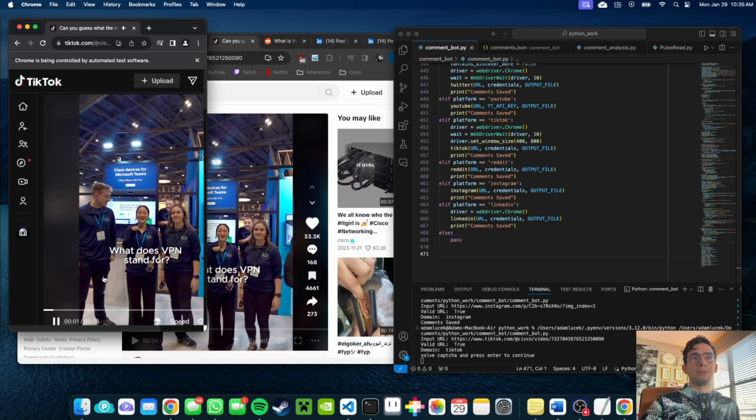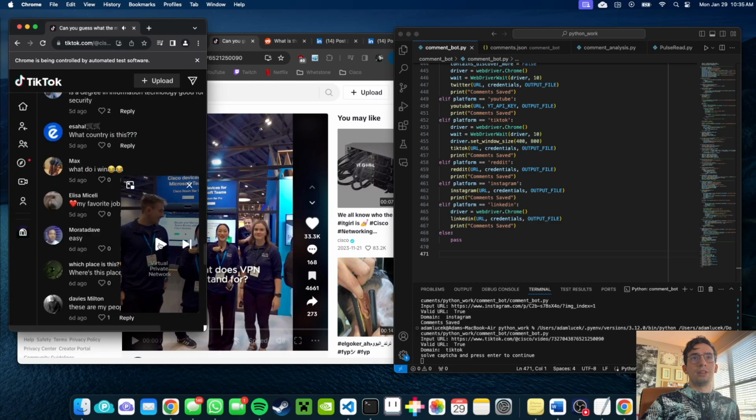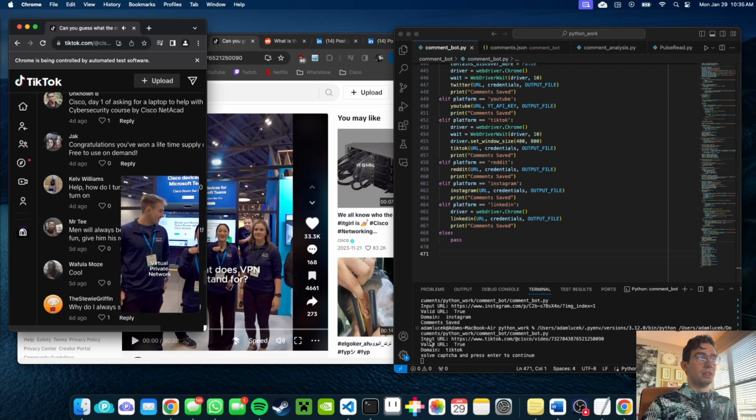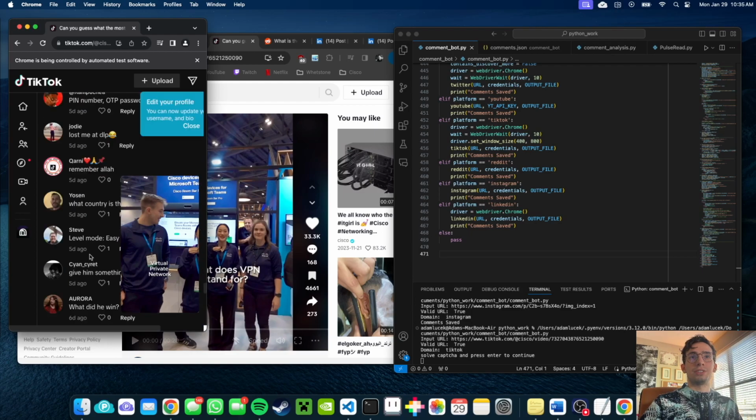What does VPN stand for? Support network. And then I have the desktop sound turned off, but I can still hear it, so I'll pause